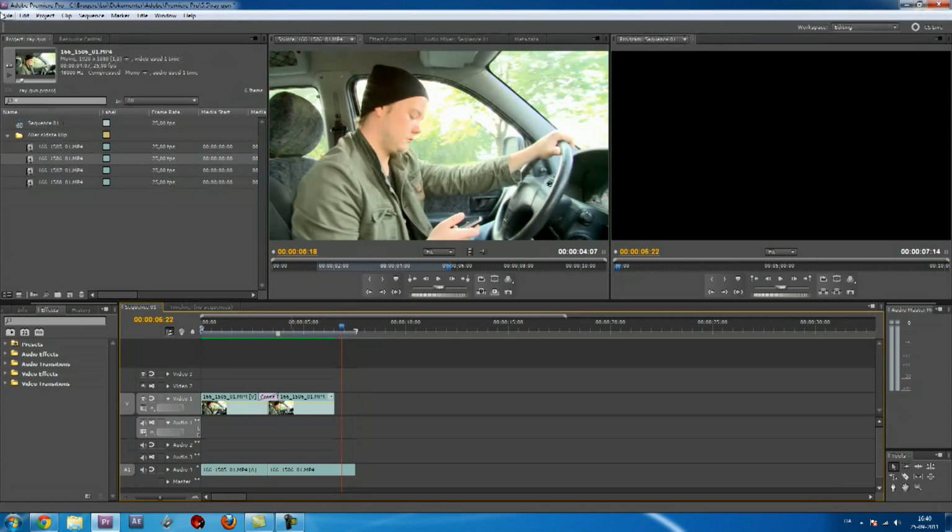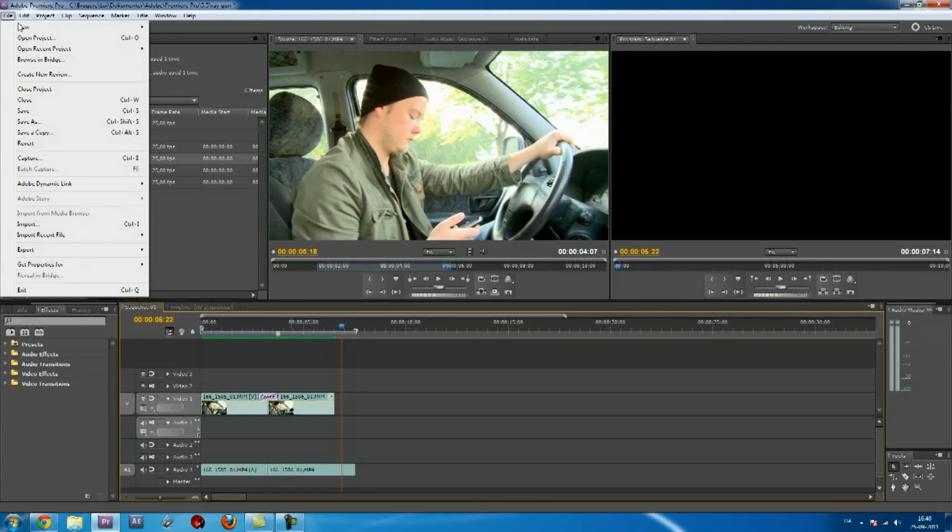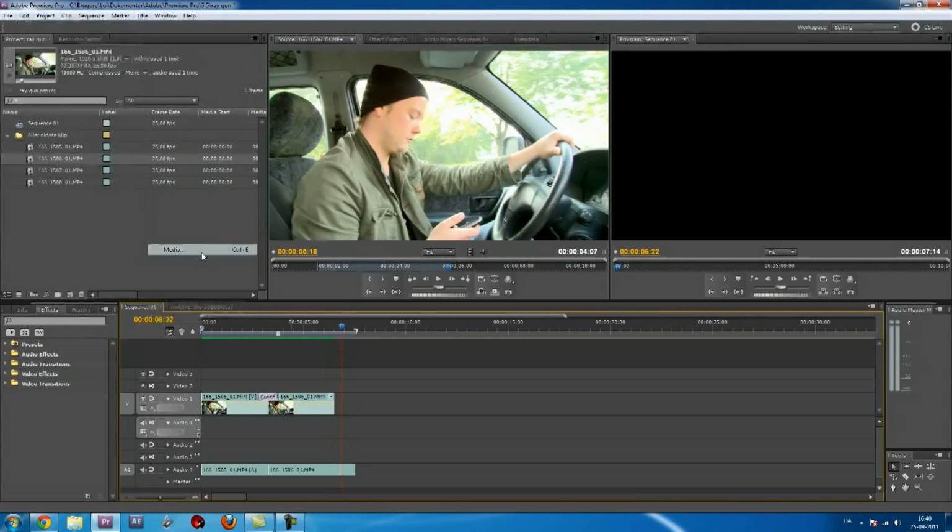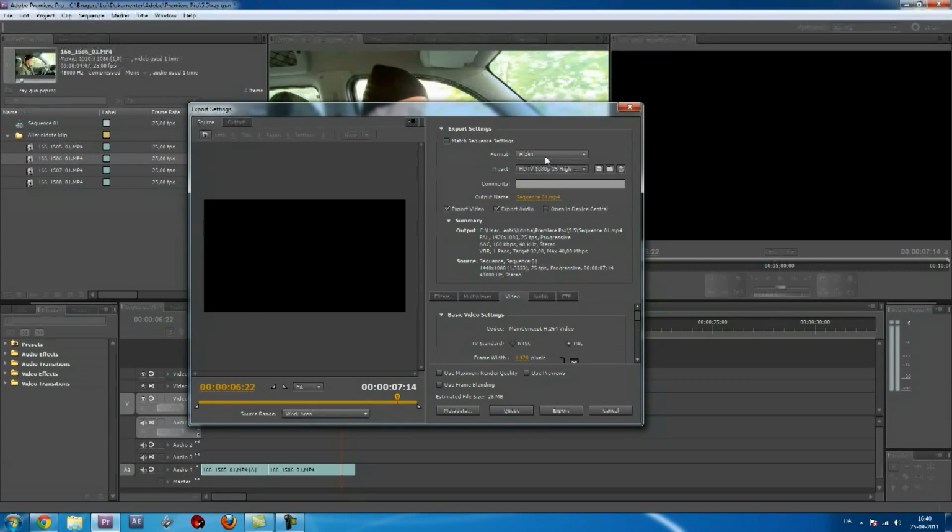Oh, that's the finished product. I want to export it. You go up to File, Export, Media, and this window will pop up. My format is